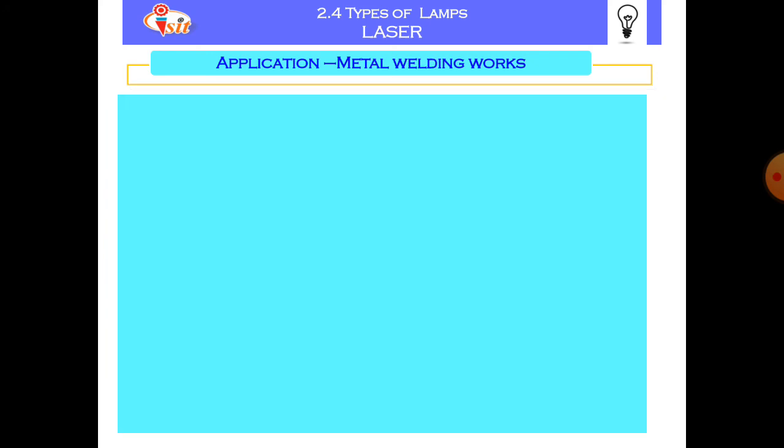The next application is metal welding works. So cutting as well as welding processes can be done by laser techniques also.